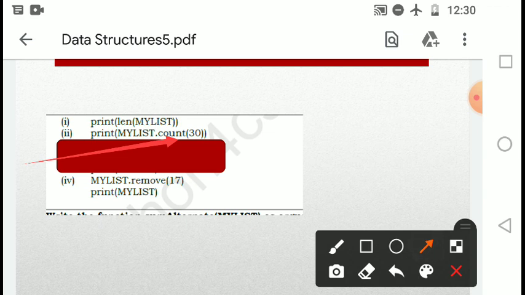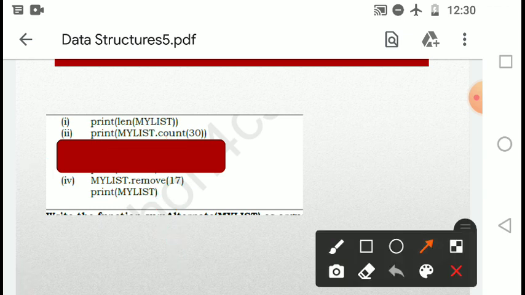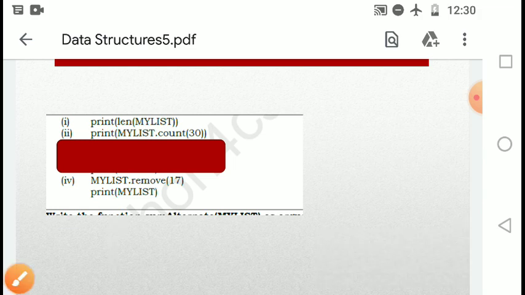Then in the remove function, in the brackets you have to specify which value you want to remove. When you print my list, you can see that 17 will be removed and the remaining list will be displayed.